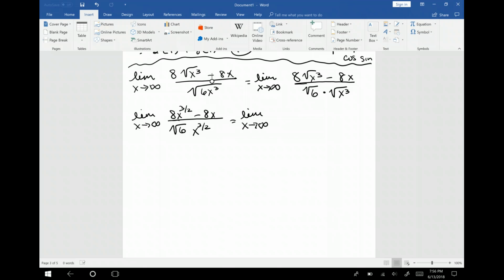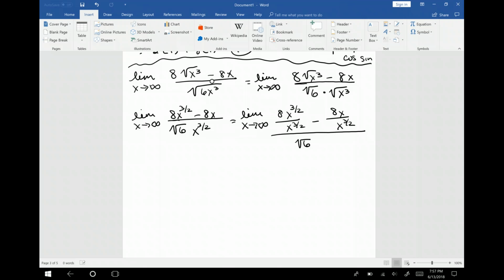Okay, that'll be good. So then we're going to use that same rule that we used before, where we're going to divide everything by the highest power of the denominator. So in the numerator, we have 8x to the 3 halves, and we're going to divide that by the highest power of the denominator. Has to be x to the 3 halves, right? Minus 8x divided by the highest power of the denominator, x to the 3 halves, divided by,